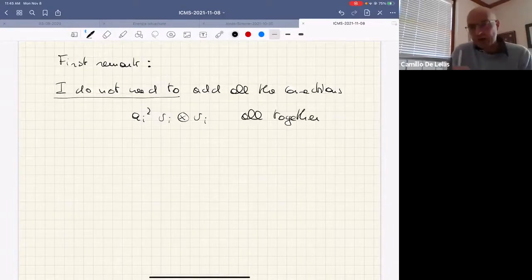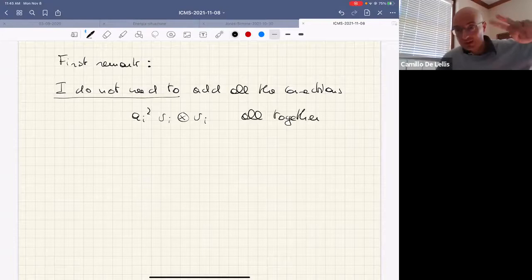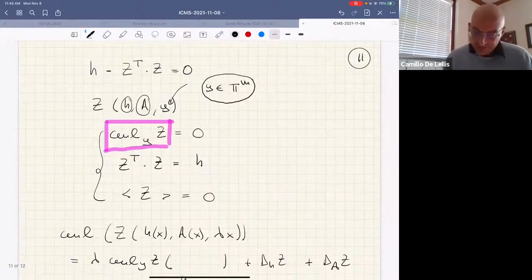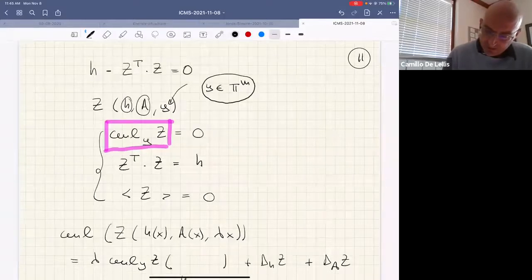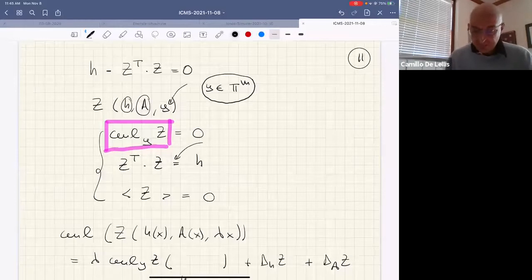I can add them one step at a time, so that I only use 2 orthogonal directions. In other words, in this scheme I don't have to solve this thing immediately, but I can think that I'm solving it in subsequent steps